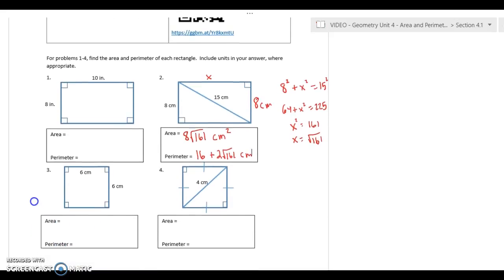Number 4, we have what appears to be a square, and I recognize that because it's got the 4 sides equal, and I'm seeing also right angles. So it indicates to me that that's going to be a square. To find the area and the perimeter, what I'm going to have to do first is find the measurement of